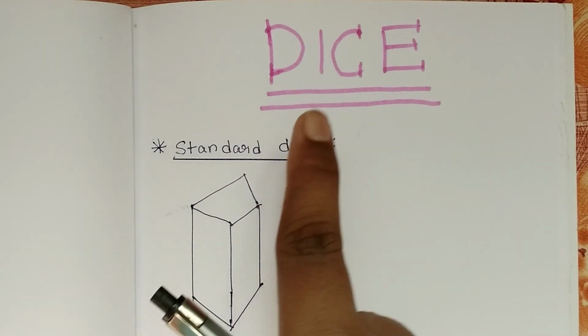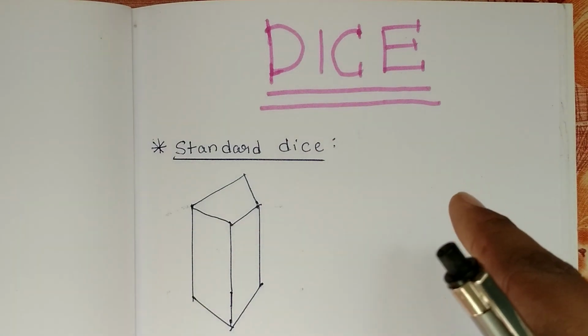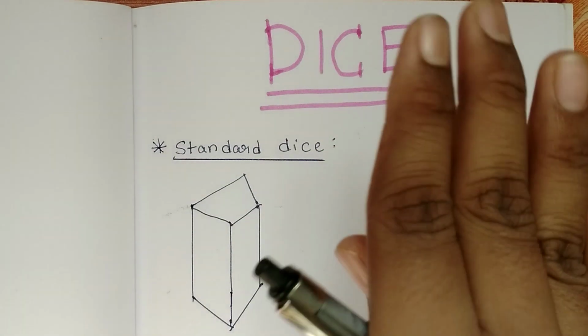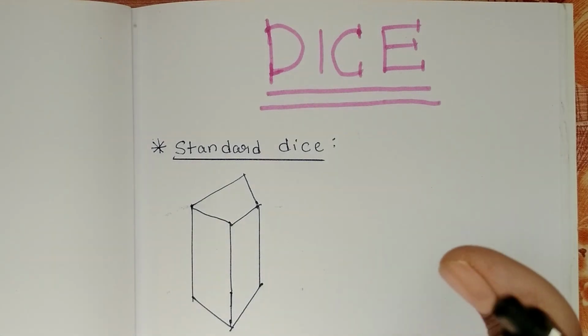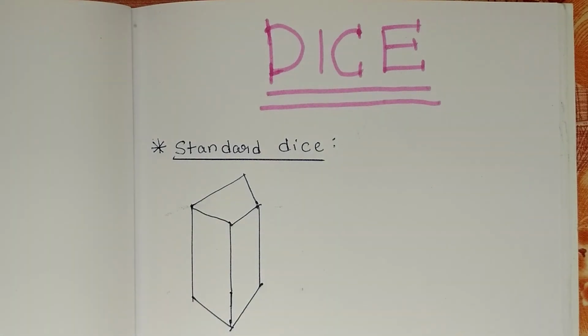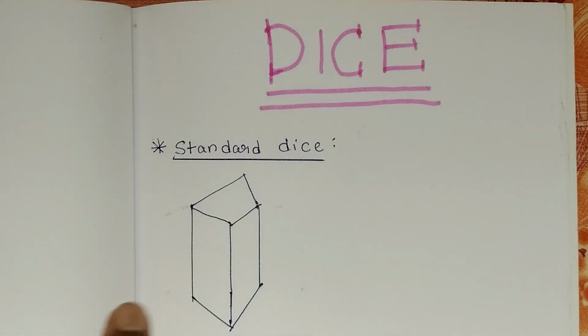Now this is the standard dice. Standard dice will come under closed dice. Afterwards, I'll teach open dice. First, I'm going to teach this closed dice only. This is a very small point. In standard dice, I'm going to tell only a few points. Standard dice is not as important as open dice. It is a small topic, so I'll complete it in just a few minutes. First, I'll teach about standard dice.